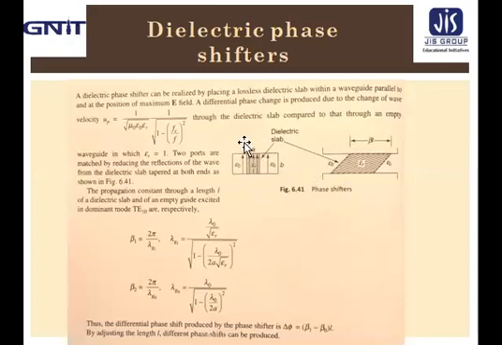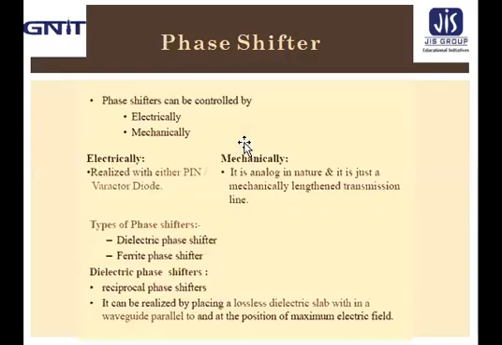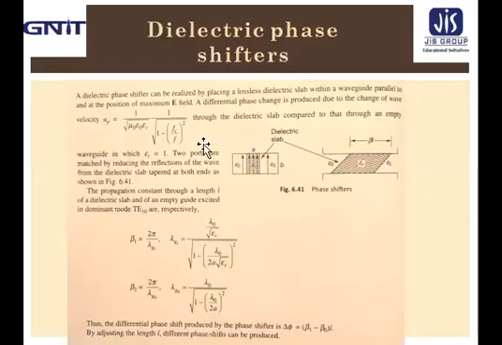There are two types, that is the dielectric phase shifter and the ferrite phase shifter. Here is the dielectric phase shifter, which can be realized by placing a lossless dielectric